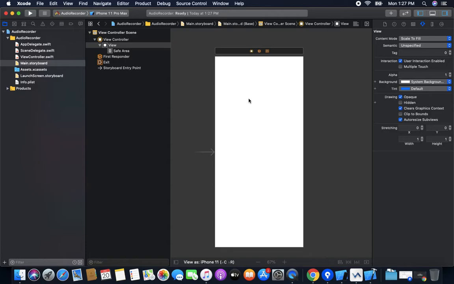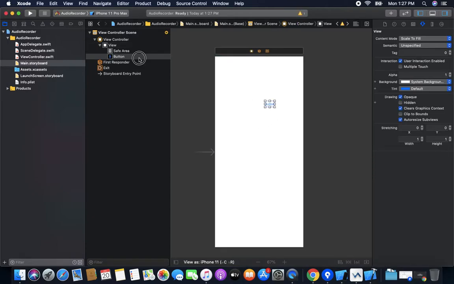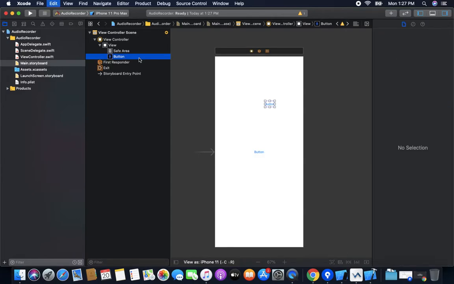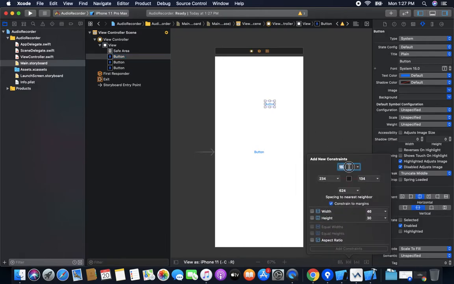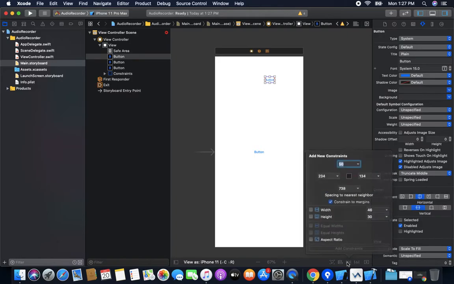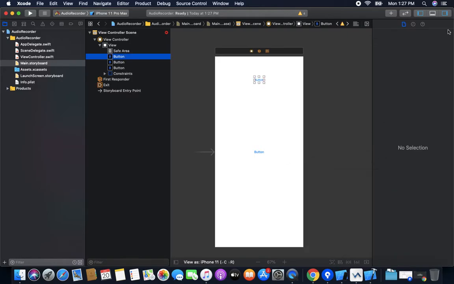So you can see all the process, how we can use two and how we can use one. So firstly take three buttons. Copy that button and paste it. In the first button, we just give some constraints to it, like 50 from top and horizontally in container.